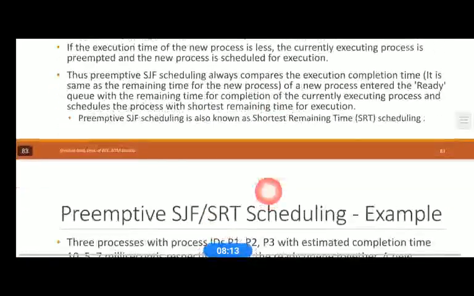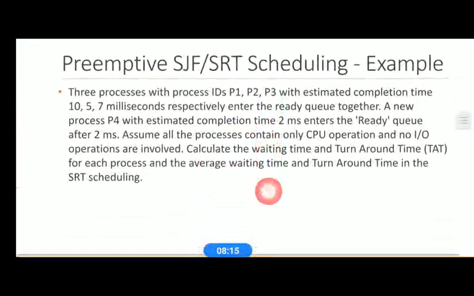To understand this clearly, let's see an example of this type of preemption. Assume that there are three tasks in a ready queue, P1, P2, P3, with estimated runtimes of 10, 5, 7 milliseconds.